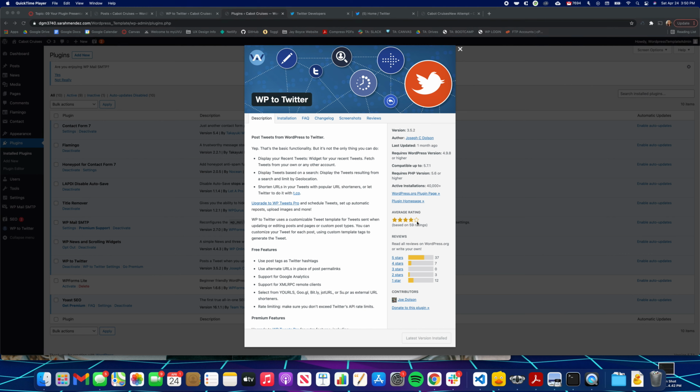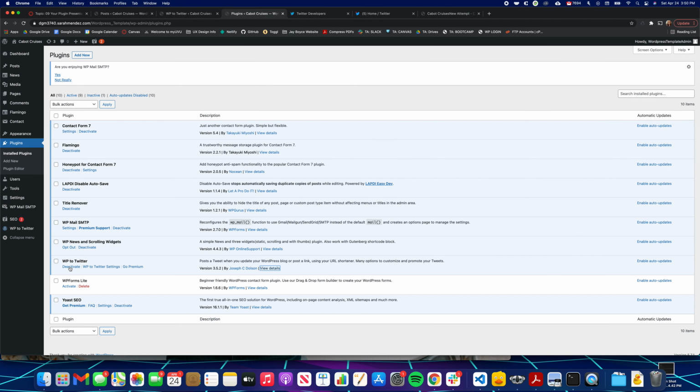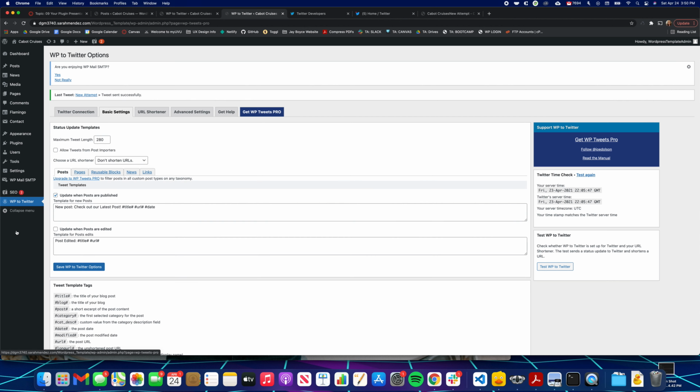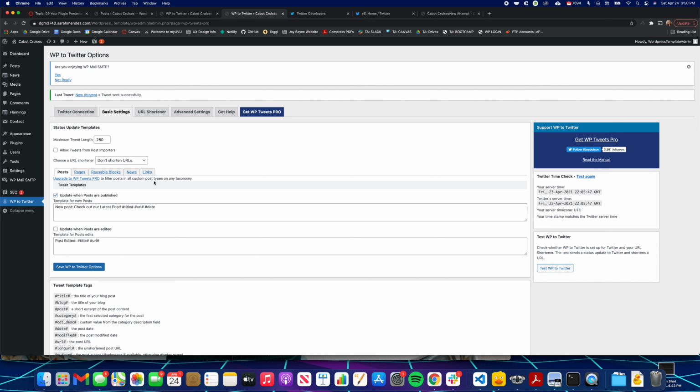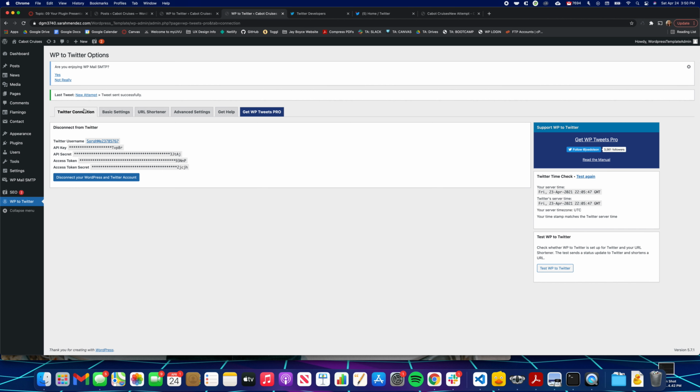It has 4 stars on the plugin store. There wasn't really any installation challenges for me personally. I felt it was rather easy. So down here you can see that I have WordPress to Twitter active, and it's displayed in my side menu panel here. If I navigate to this menu option, I have a screen that pulled up initially that wanted me